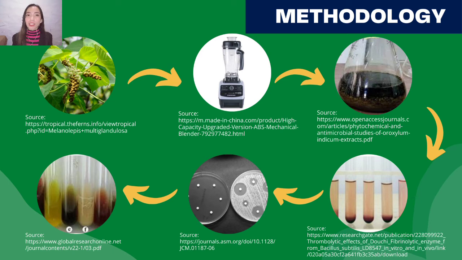Then, the extracted sample will be used for cytotoxic assays, and it will be done by hemolytic assay using the human red blood cells or erythrocytes to assess whether the plant is safe or toxic. Then, if it has no toxic effect on the red blood cells, it will then be further examined on the disc diffusion assay for antimicrobial and antifungal activity of this plant. And lastly, the extracted sample will be tested for the detection of phytochemical constituents such as alkaloids, anthraquinones, flavonoids, saponins, and tannins.